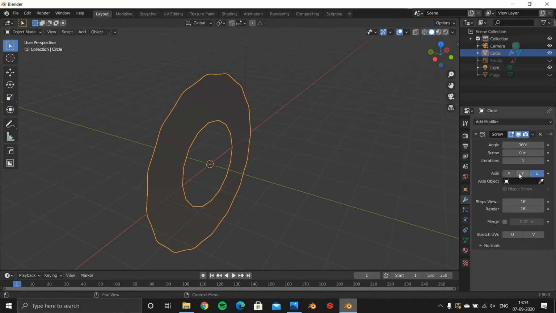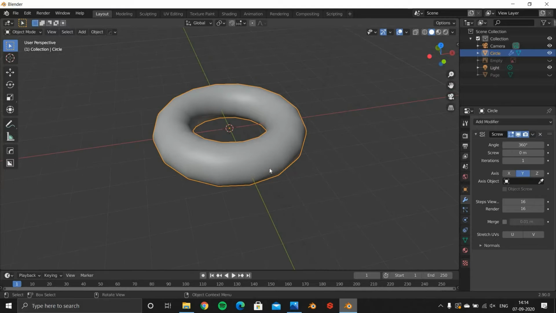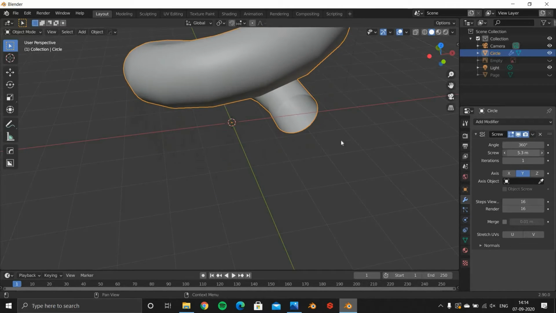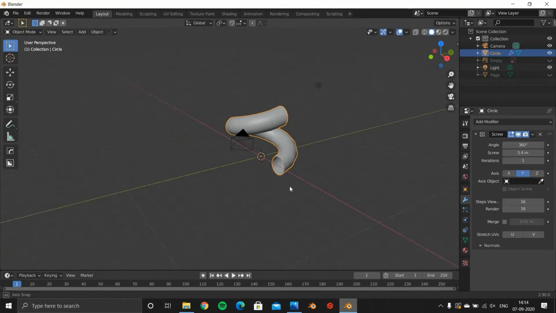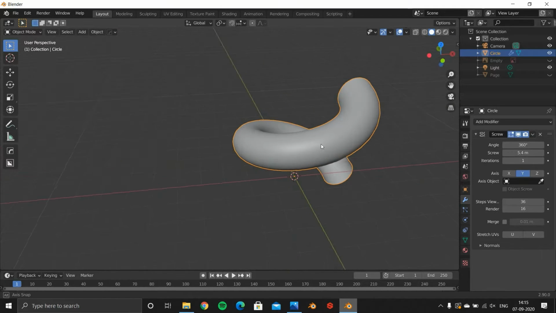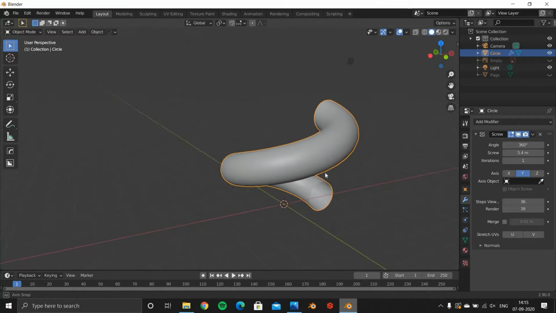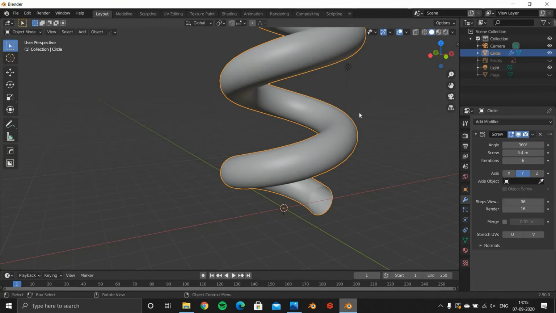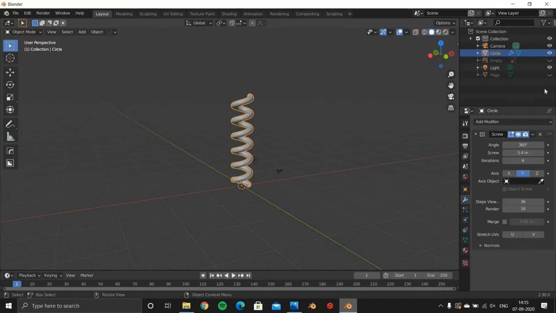Change the axis to Y, and increase the screw value to get something of this kind, and let's increase the iteration step views so that we can get smoother transitions. So now let's increase the iterations so that it grows in number.